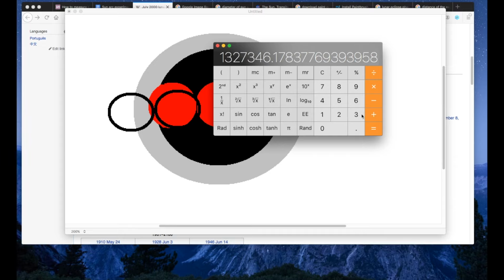And then if we divide that by 3.71 moons, we get 357,775